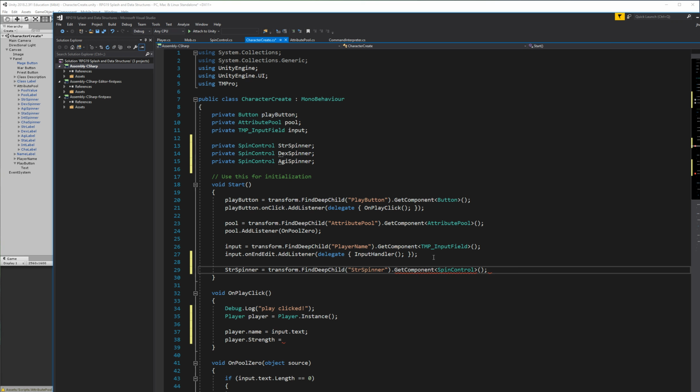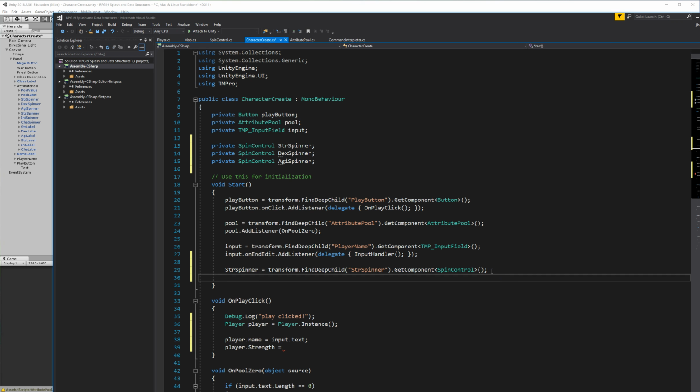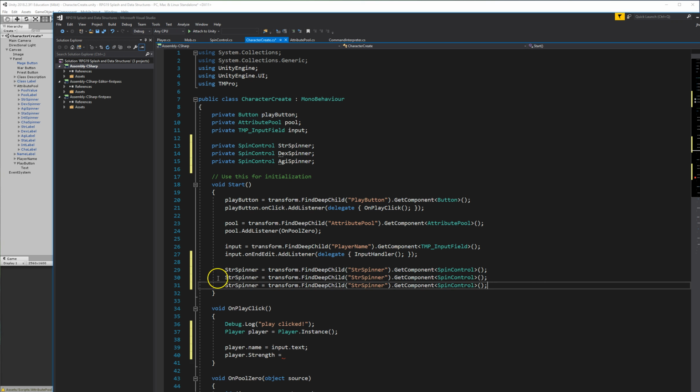Okay, and so we will do that, and I can just copy this line and paste one in for Dex and Agility. Those are easily changed from Dex and AGI, and I will need to change their names here, Dex and AGI. Almost ready to finish. I think that takes care of that. So what I'm going to do in the rest of this, but I'm going to do offline here, is I will fill in the rest of these